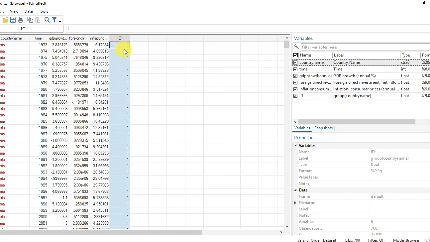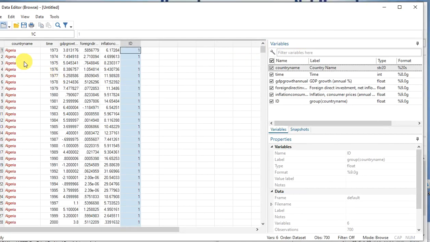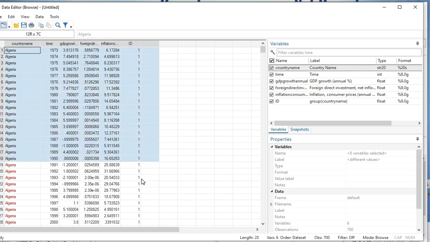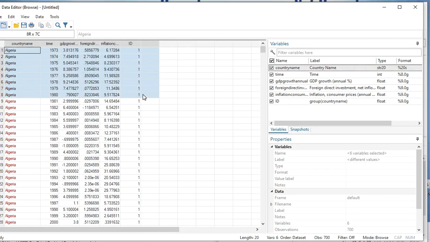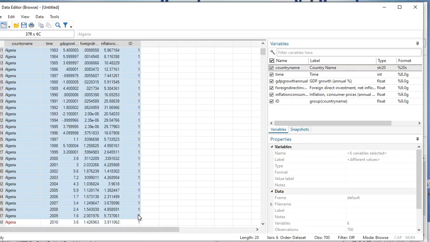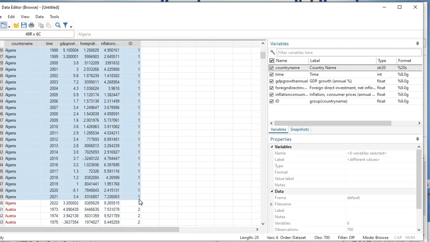Now we have the ID. ID is being added to this data, and you can see, for instance, the first country, which is Algeria, is now being identified by ID number 1. The data is from 1973 to 2022, so you can go all the way to 2022. You're going to be able to see now this country, Algeria, from 1973 to 2022 is being identified by 1,